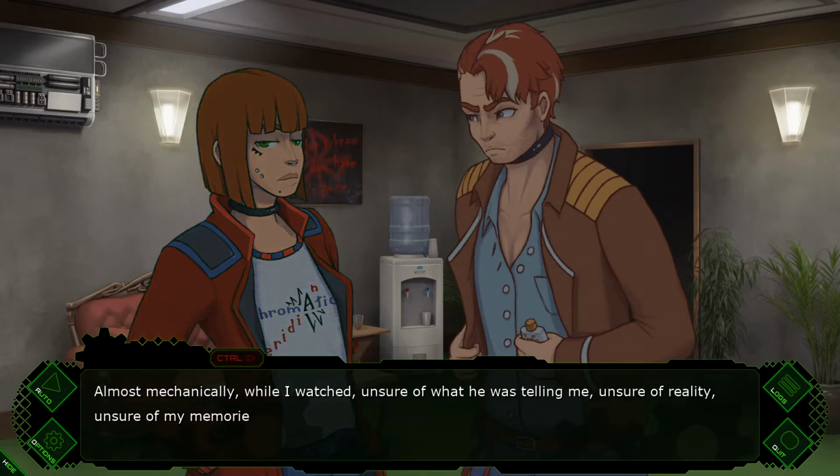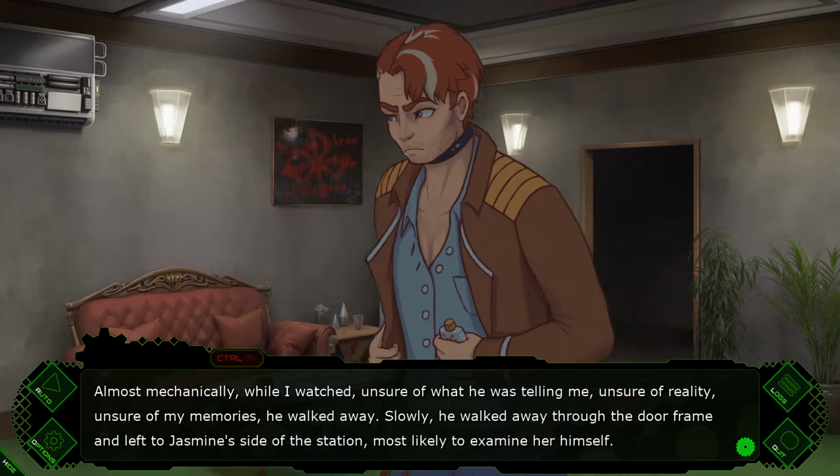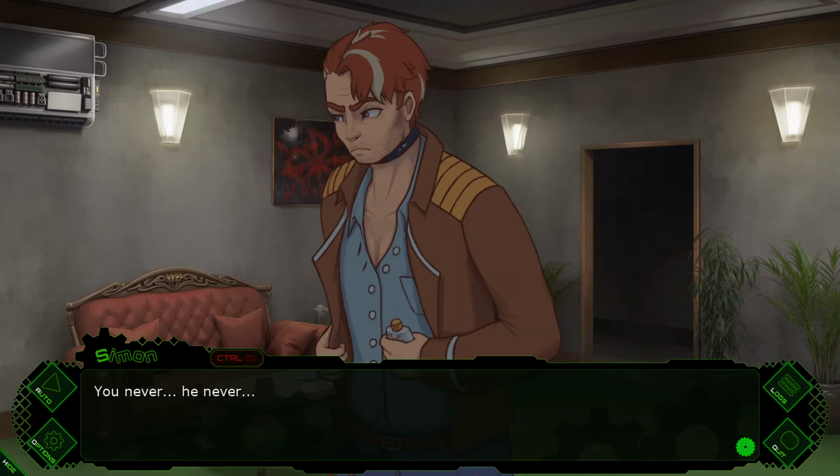Ever. Almost mechanically. While I watched, unsure of what he was telling me, unsure of reality, unsure of my memories, he walked away. Slowly, he walked through the door frame, looked at Jasmine's side of the station, mostly examining her himself. Goddamn code names too. You never... He never... I turned to Ray. He never met her. This is what I remember. How could it...